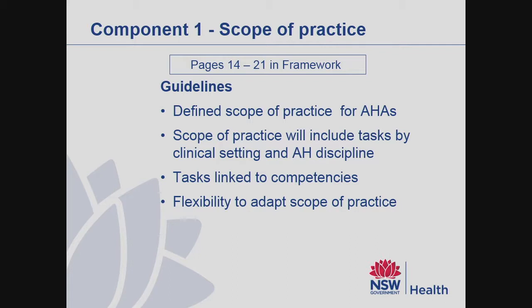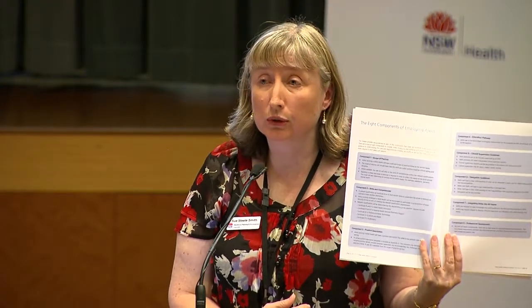So there are 4 main guidelines. This is just a summary of those guidelines. If you just want to flick to page 14 of your framework, you'll find each of the guidelines components in the blue box up the top of that page. There will always be the key guidelines, and then what you find below is expanding that and the content of it. There is also on page 12 and 13 a summary of all of the guidelines for the framework. So that's a one-pager that really shows you all of the content, but there needed to be some commentary around those aspects. So pages 14 to 21,